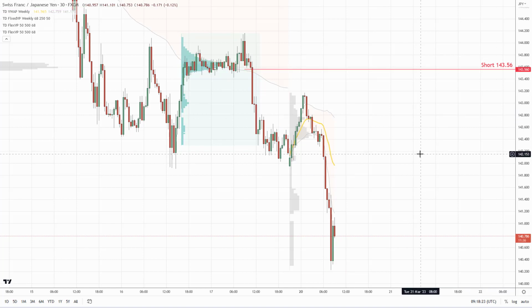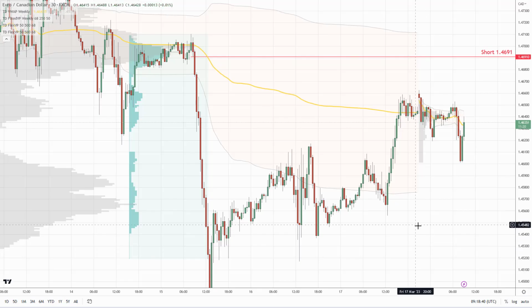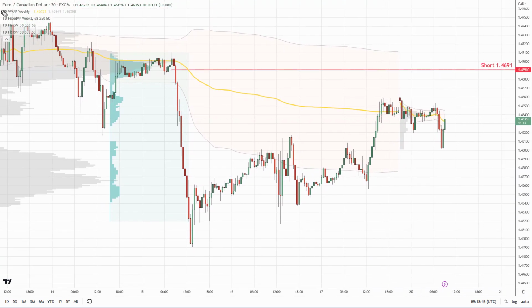The next pair that I want to talk about is the Euro Canadian dollar with the same setup. So what you see before you is the 30-minute time frame of the Euro Canadian dollar. In this case, the rotation zone is in here. As you can see, heavy volumes were accumulated within this zone, and then the price shot aggressively downwards. So again, as in the previous case, this is telling us that strong, institutional sellers were building up their short positions in this rotation, from which they pushed the price aggressively downwards.